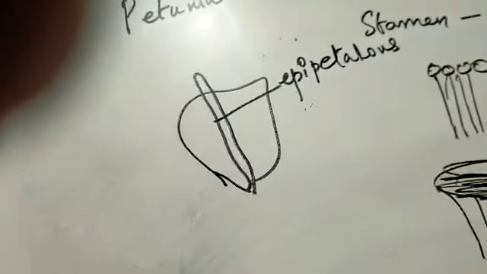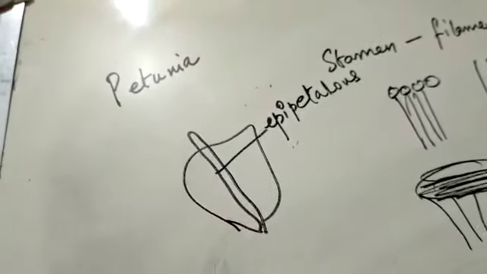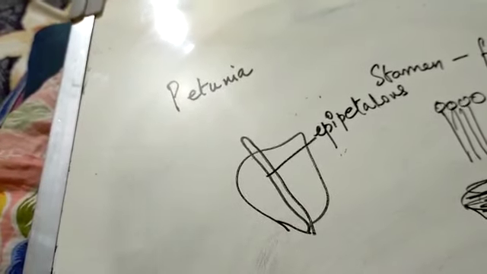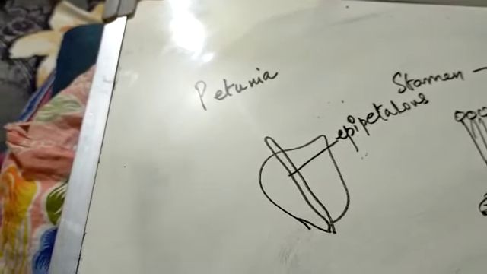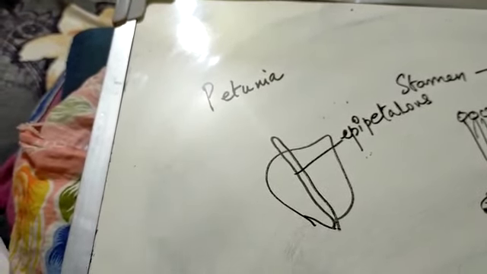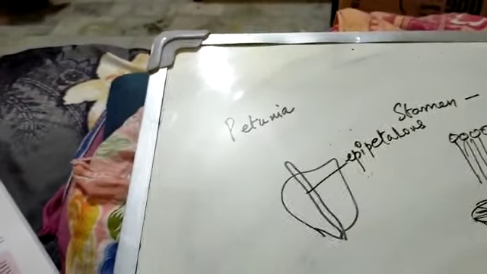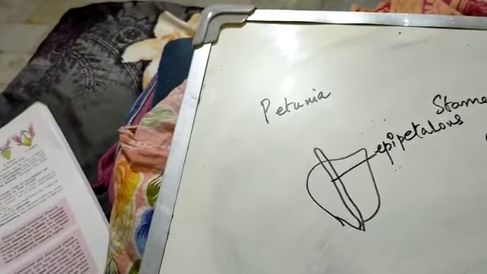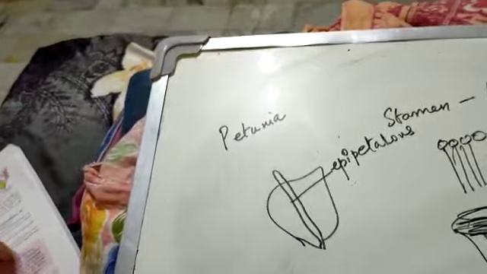Epipetalous condition. Similarly, as I told you, the filaments could be free or fused. If the stamens are free but the filaments are united together, the stamen individually is free, but the filaments are united together. If the filaments are free, that is a polydelphous flower. In case the filaments are fused together to form one, then it is called monodelphous.